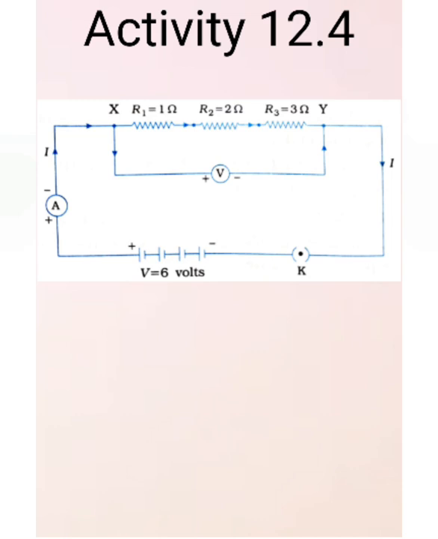Okay, there will be no change. Then the conclusion: the value of the current in the ammeter is the same, independent of its position in the electric circuit. Now, in a series combination of resistors, the current is the same in every part of the circuit. That is, the same current flows through each resistor. This is due to the reason that the current has only one path to flow.